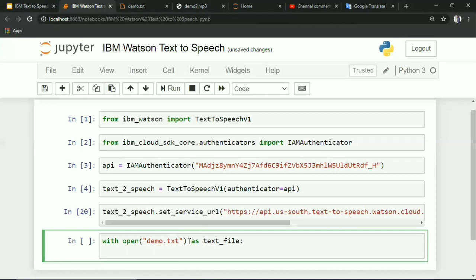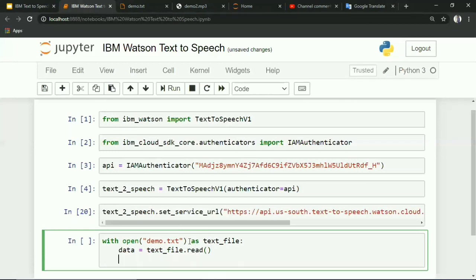Now we are going to read the data from the text file. After reading the data, we are closing the text file.